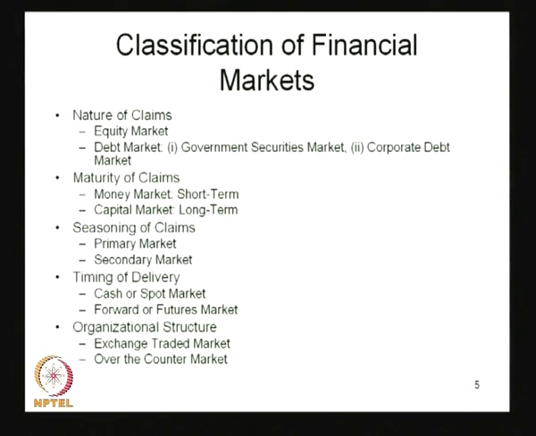Whenever we talk about the government securities market, what exactly happens in that case, and whenever we talk about the corporate debt market, what exactly happens in that market, we will discuss a little bit further. But whenever we talk about the basis of the term to maturity, in the previous class I was talking about the requirements of the investor, which are very important whenever they take a position in the market for investments. That means somebody may need the money immediately after a certain time, maybe after 2 months, 6 months like this, and somebody may require the money over a long period.